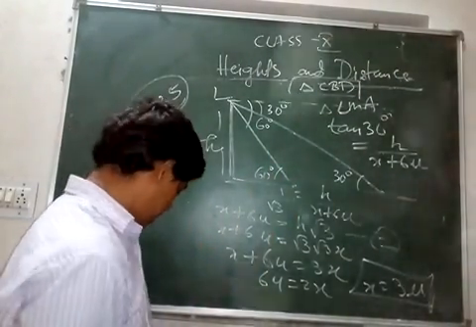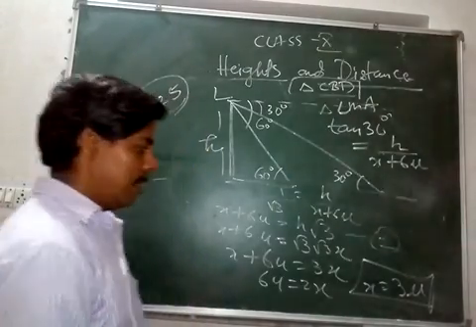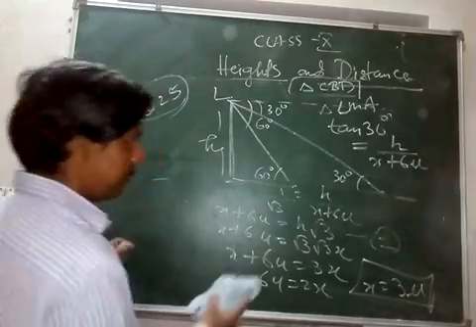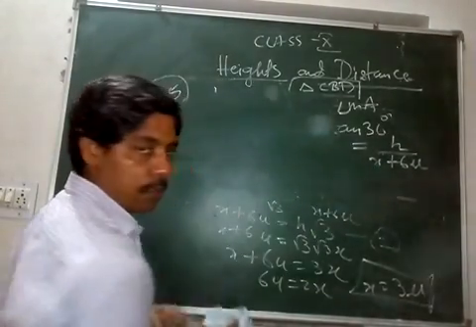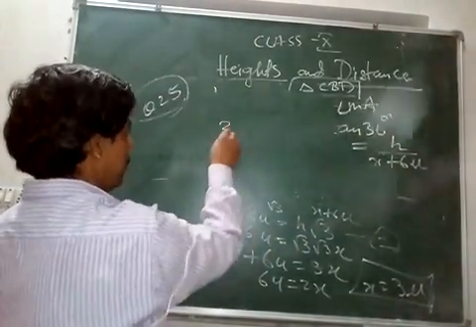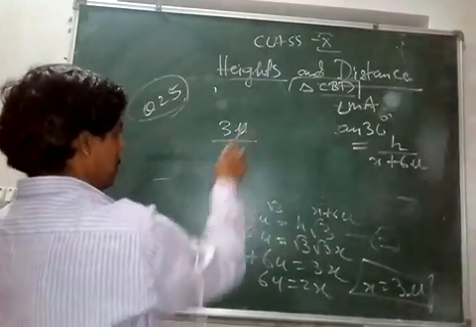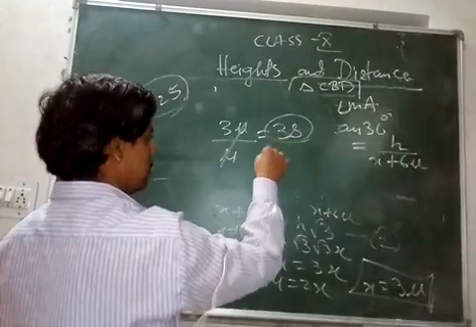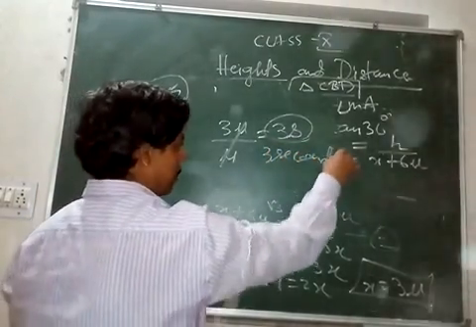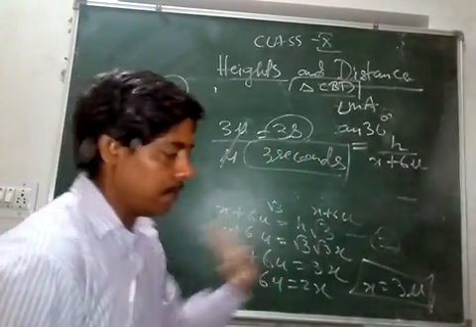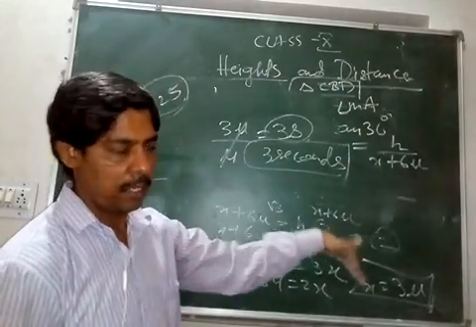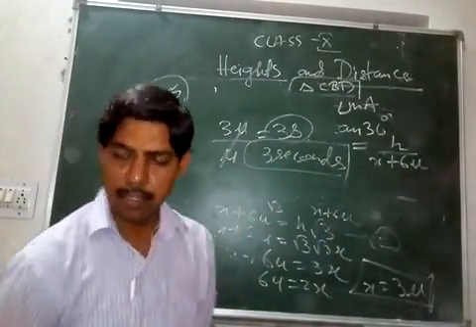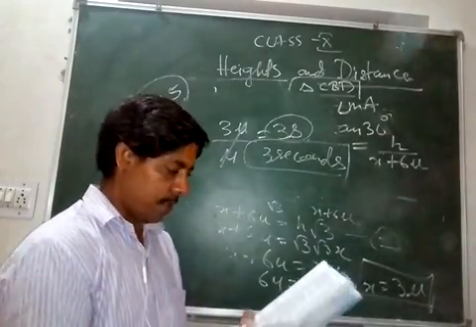Now what is the time? Speed was u meters per second and the distance is 3u. So time is distance upon speed. So the time taken by the car to reach the foot of the tower is 3u divided by u. Because it is in meters per second, the answer is 3 seconds. It will take 3 seconds to reach the foot of the tower from that particular point where the angle was 60 degrees. Now it will take just 3 seconds. Okay, another very important question, you should revise it one more time and go through the video one more time, okay?